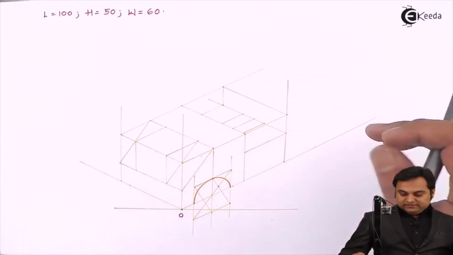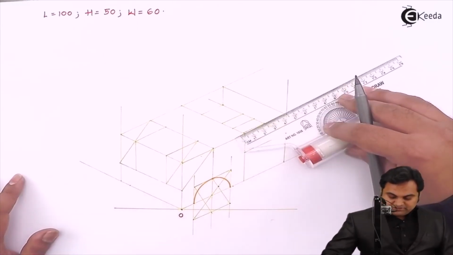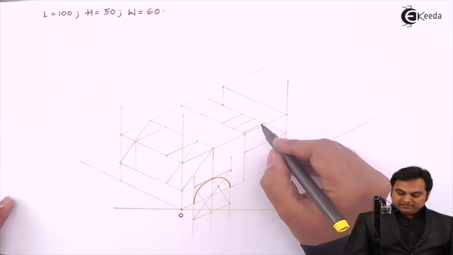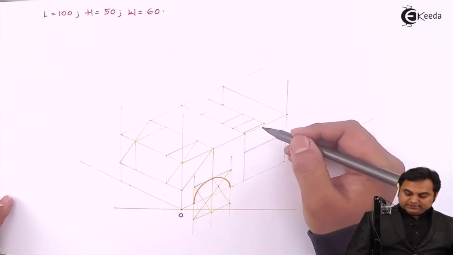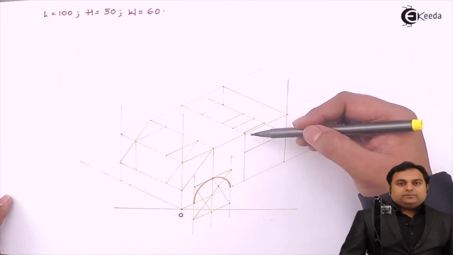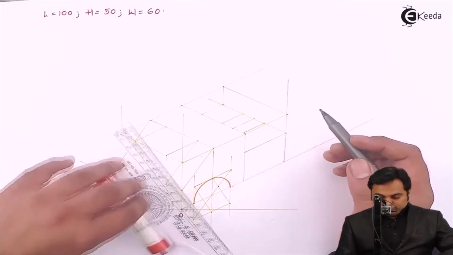Then after that, the groove is having a length of 30 mm. So if I'm measuring 30 mm, it is going into the diagram. So I will leave it only up till here. Next, in isometric drawing, the surfaces should be complete. That is, it should not be left two-dimensional. So for that,